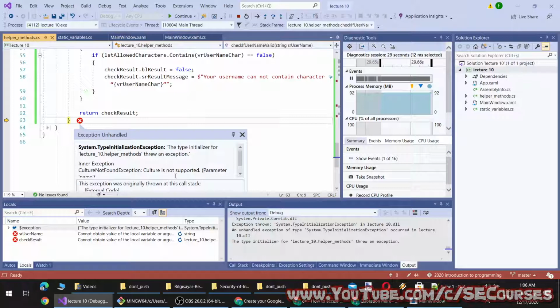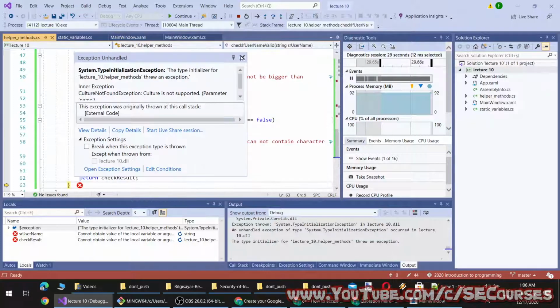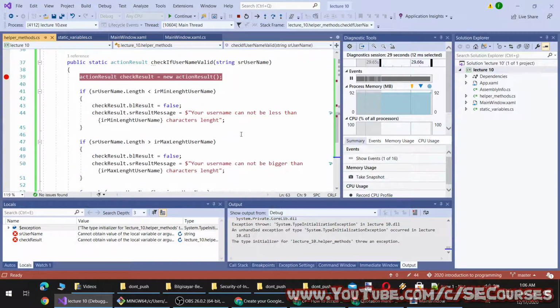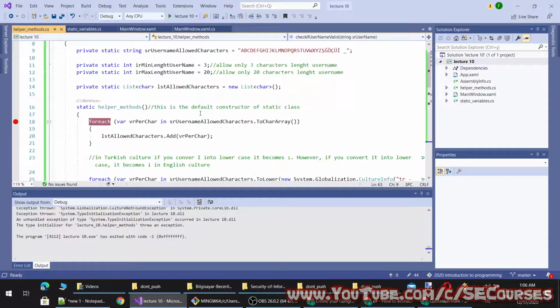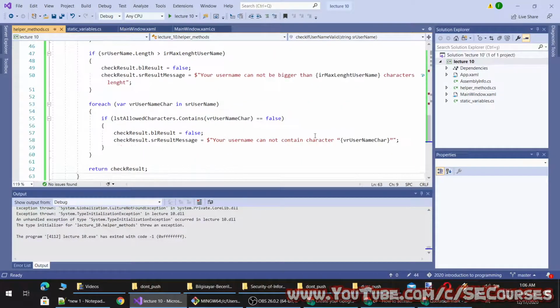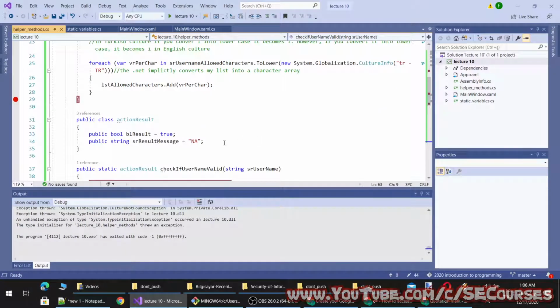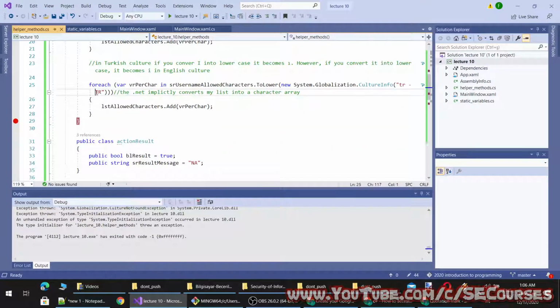Okay, so it says culture is not supported. Parameter name. Okay, so obviously I have entered an incorrect culture identifier. So it is not TRTR, but oh, I see. You see, I have put a space in the culture where it is here.